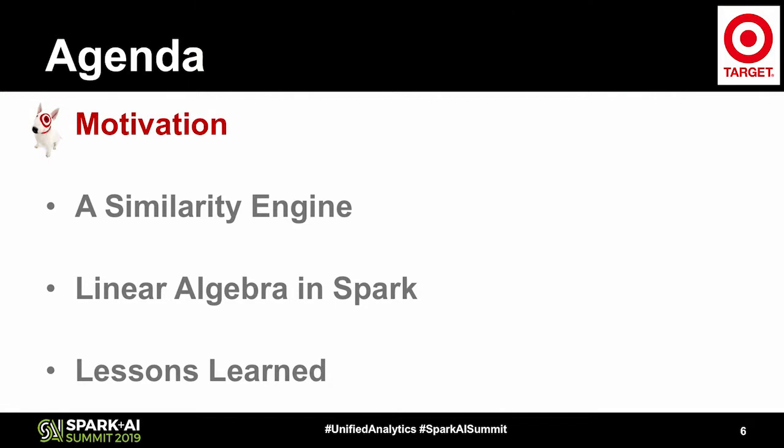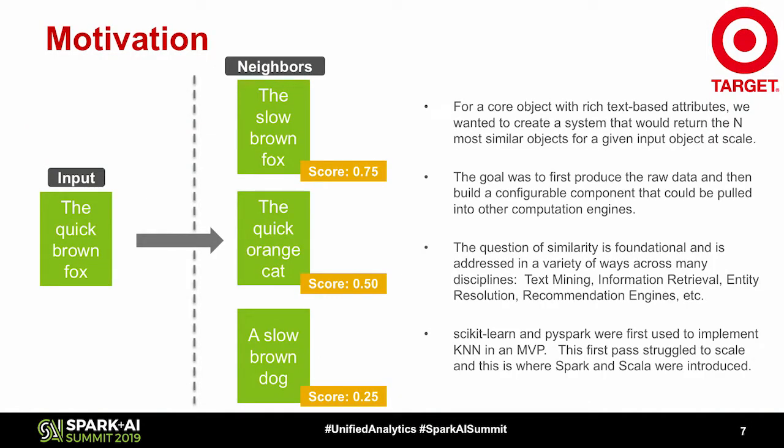First we'll dive right into the motivation. Here we've popped up a quick example of what a similarity engine might look like. At Target, we have these core objects in our system that a lot of people care about. A lot of different business functions want to ask the question: given this thing, what are the other things in our system that are similar? In the small example on the left-hand side, you could think of these small sentences. You provide an input, and I want to know the top n sentences in our system with their corresponding scores that say relatively how well these things score against that input.